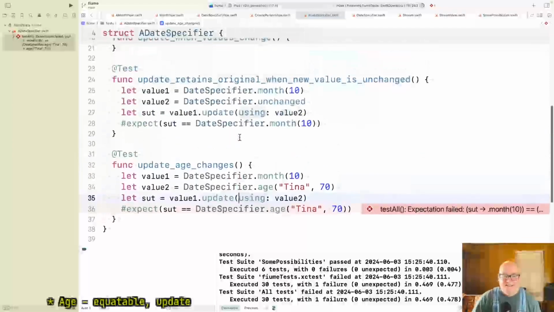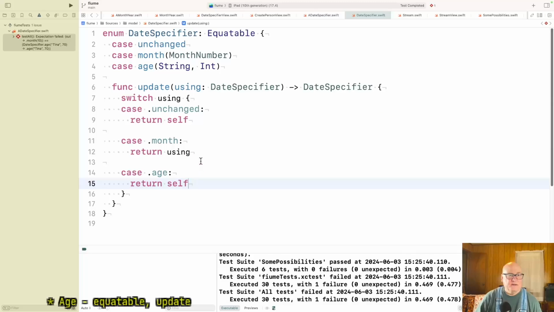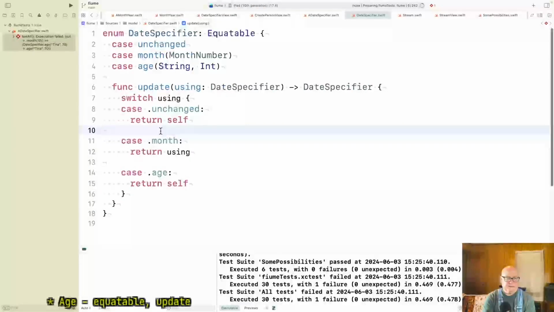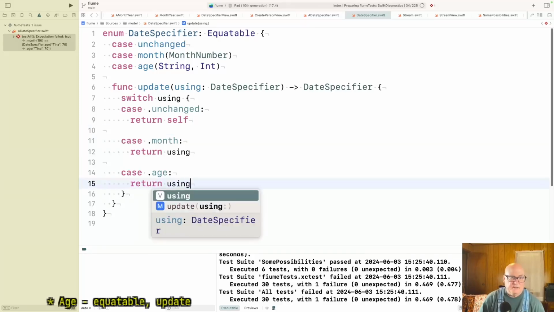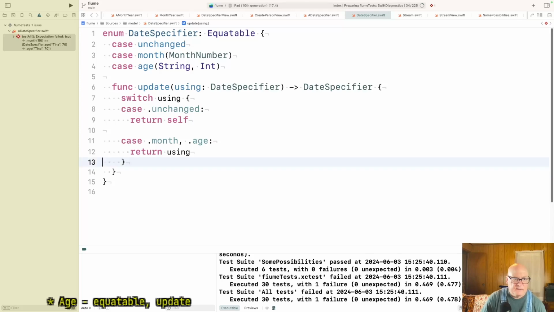All right, so we want this to be treated the same way as the others. So date specifier, I don't know, maybe unchanged is the only case. This should return using. I don't know, how do I do this? Is it like .h for the ones that take it, or say case again?